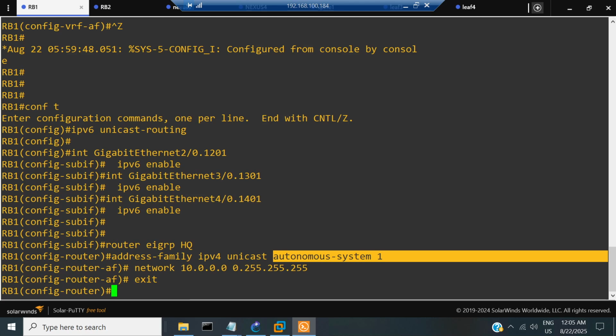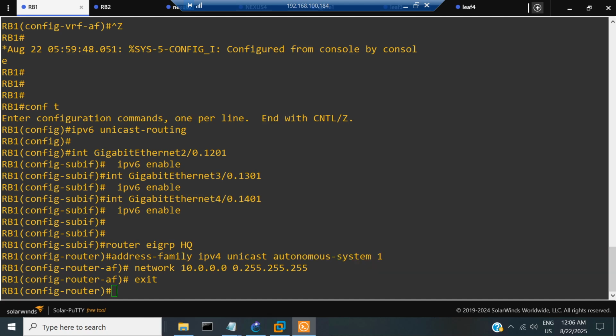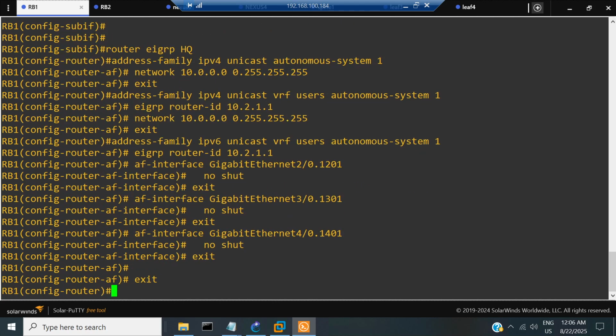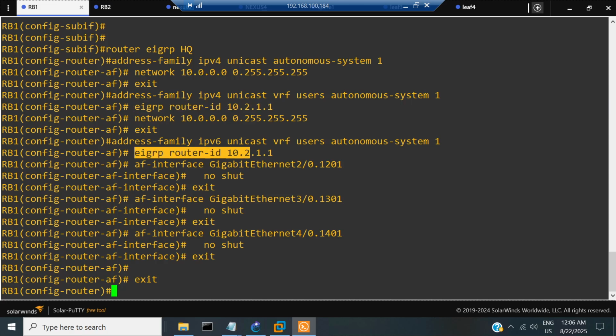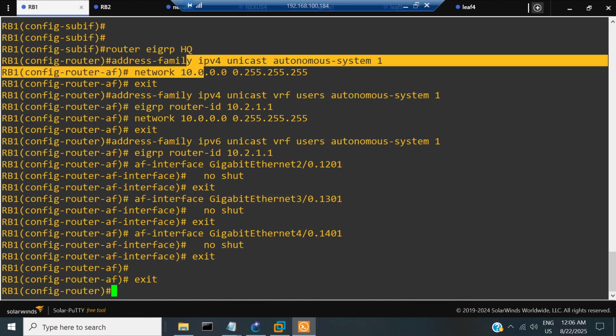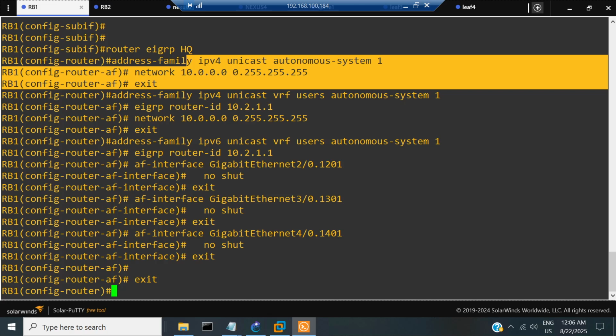Now let's create the address family IPv4 and IPv6 for the users VRF. Notice that we are manually assigning a router ID for each of these address families, because I don't have a loopback in the VRF users that is able to provide this router ID. I have a loopback that belongs to the global routing table, so I am using the IP address of that loopback to provide a router ID for these